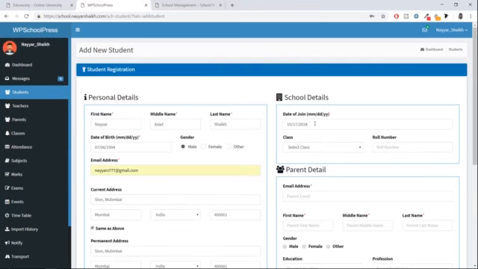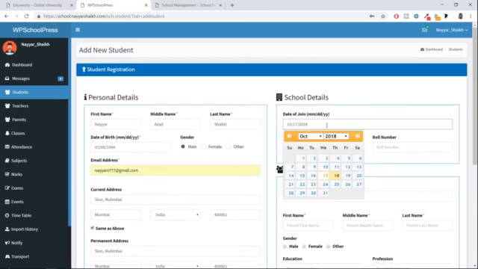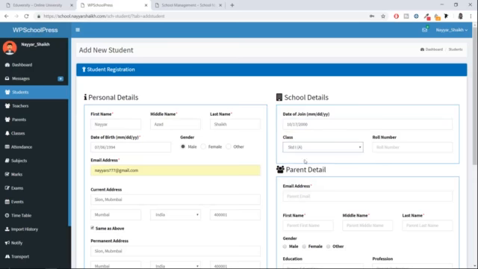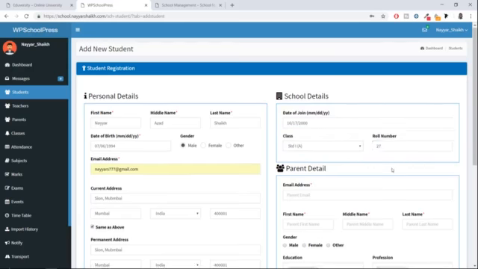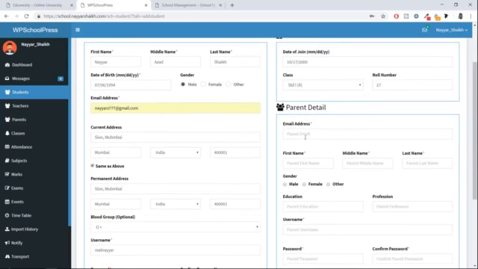Now date of joining, when did this student join? So maybe 2000. Class and roll number 1727. I don't know what my roll number was. Now parent detail. Let me type in my dad's email address over here.